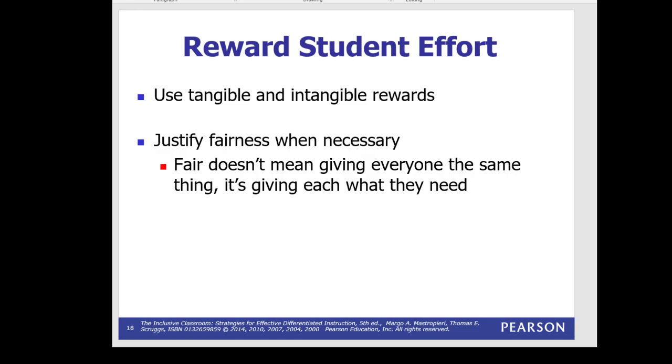So I don't want you to fall into the trap that if we're going to do a reward system, it has to be the same thing for everybody. Yes, we want to have general principles in the class, but first of all, some students aren't going to be motivated by the same things that other students are. Secondly, some students are going to have greater needs than other students and are going to need to be more extrinsically motivated than other students. That's good information to know, and we shouldn't discount that just for the quote-unquote sake of fairness or equality. We need to give everybody what they need.